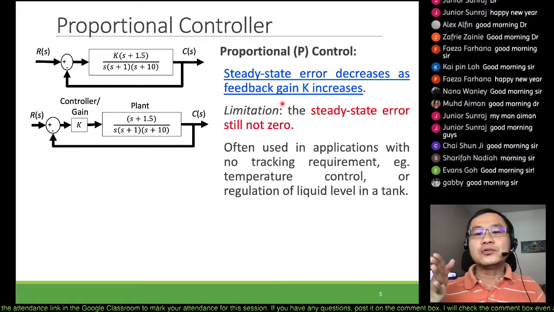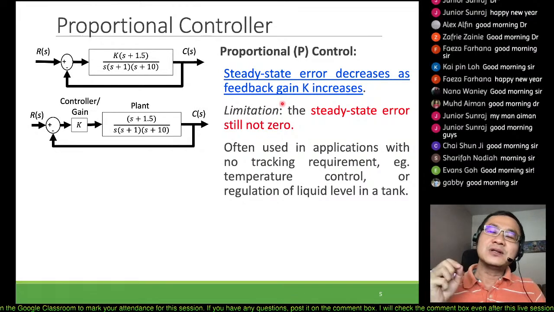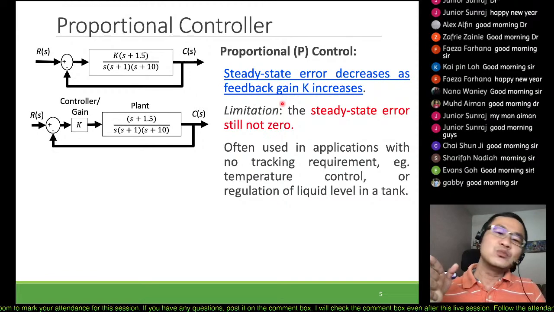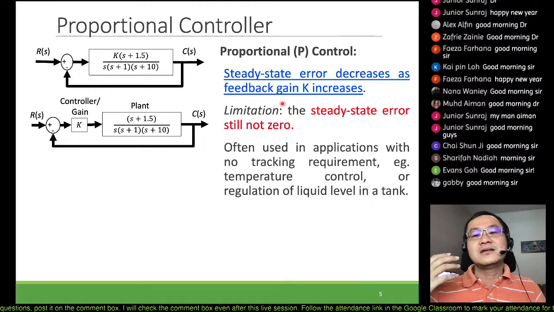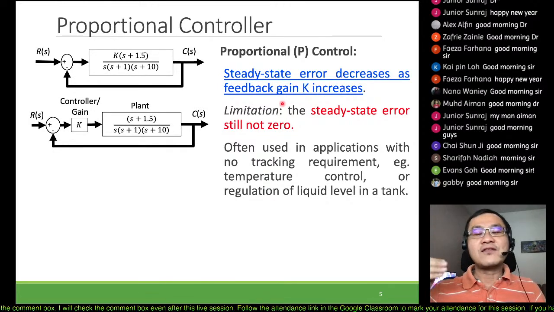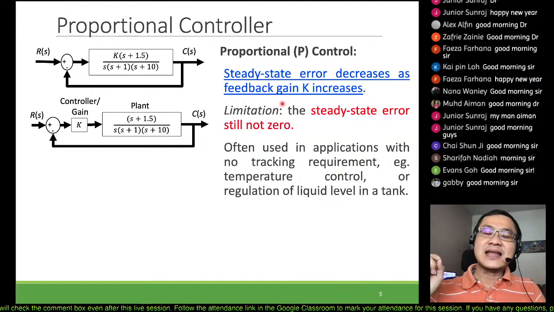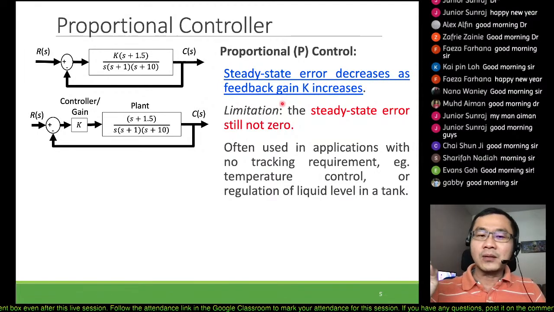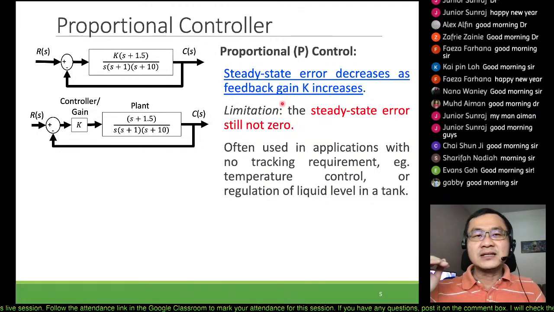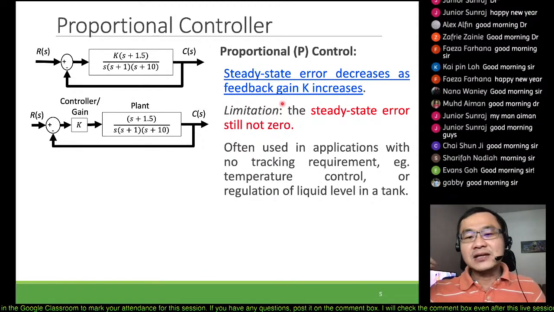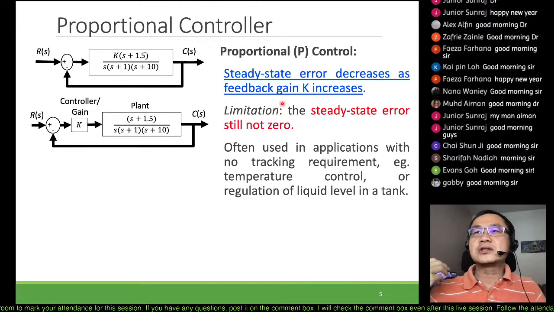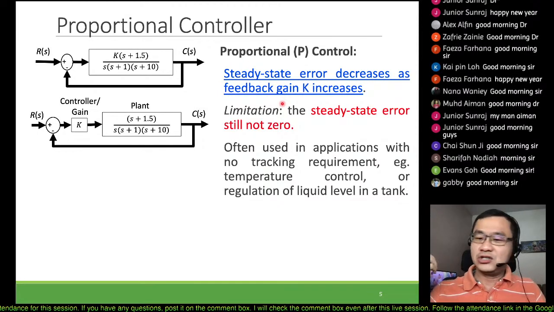If you do not care about the exact positions, as long as it moves near to that particular point it is okay, then you don't need to have additional things. That steady state error is not zero, no problem, right? Like temperature, if you set the target as 37 degrees Celsius, but you get 36.8, it is still okay,